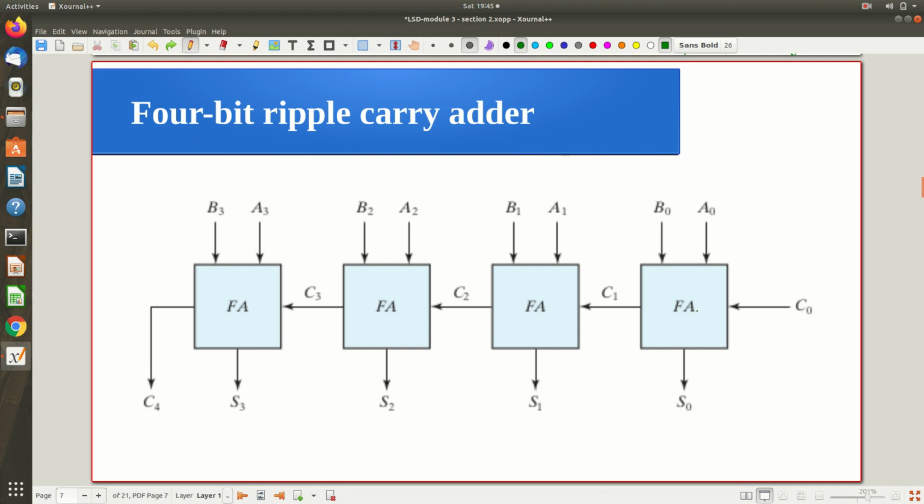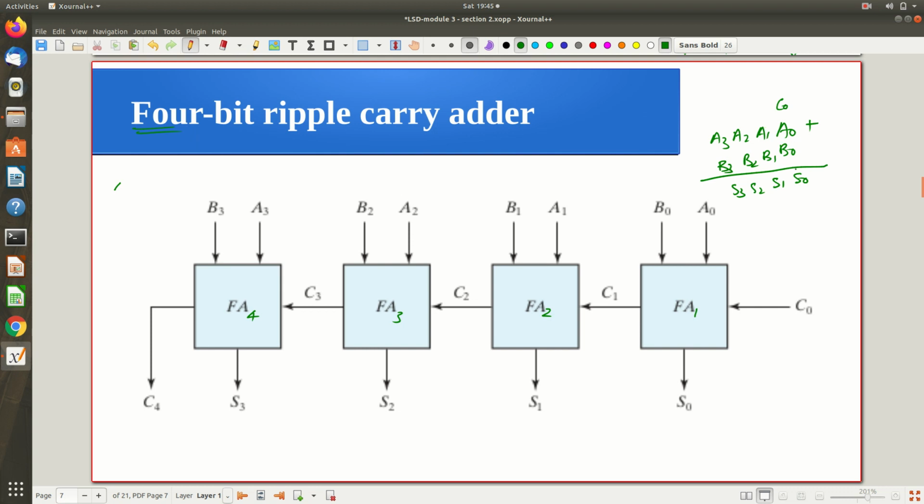So this is my least significant full adder. Let me denote them full adder 1, full adder 2, full adder 3, full adder 4. So 4 full adders are used for a 4-bit addition. So this is a 4-bit ripple carry adder, right? Fine. And the bits I am adding are A0, A1, A2, A3 with B0, B1, B2, B3, and I am getting the final sum as S0, S1, S2, S3, right? And accordingly I am getting a carry at every position. For example, here there is no carry for it. This was 0 in this example, as it is the least significant position.